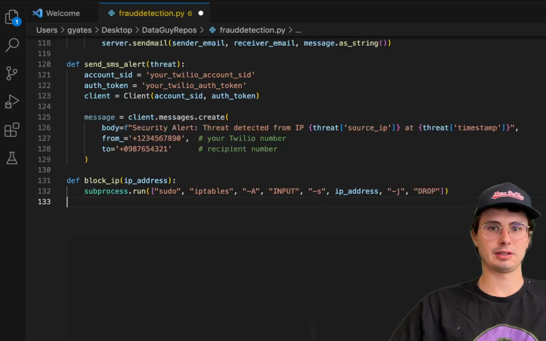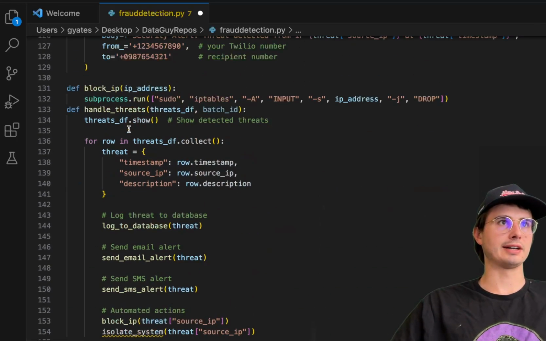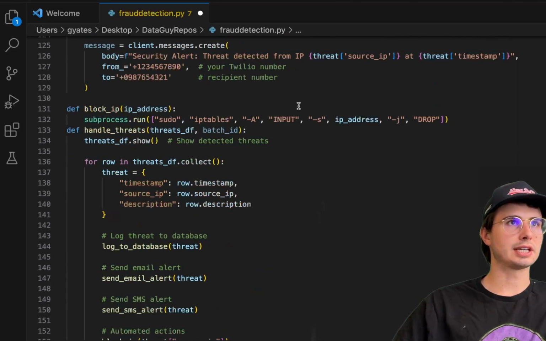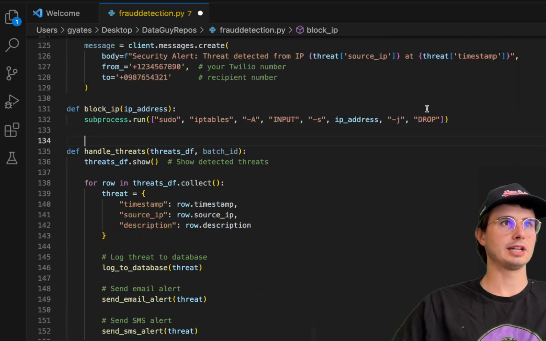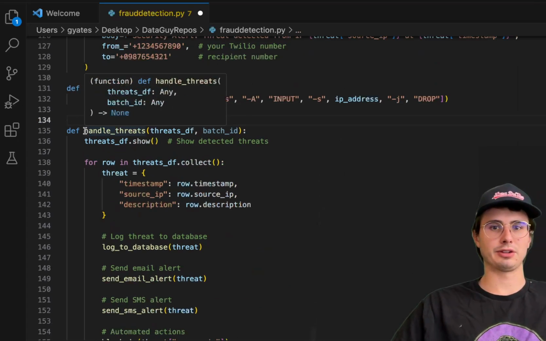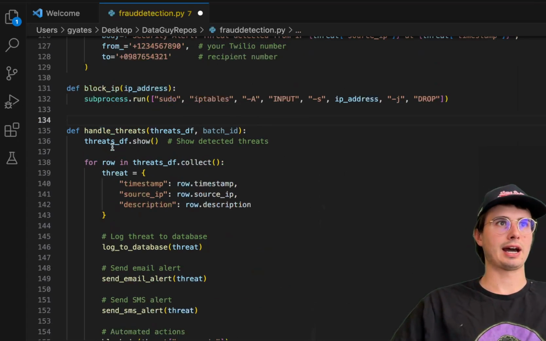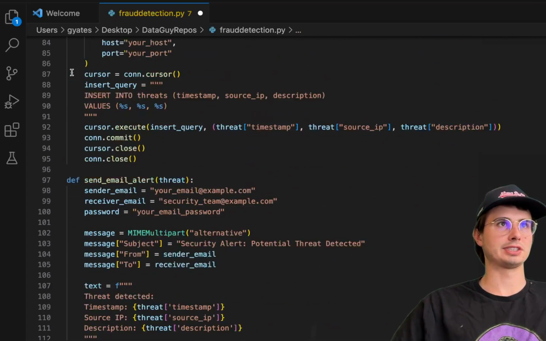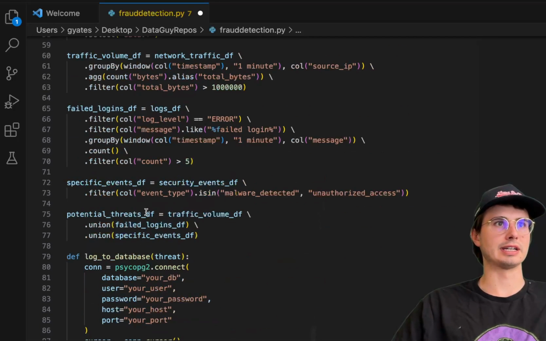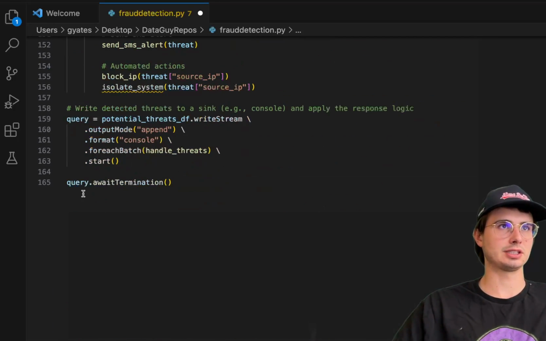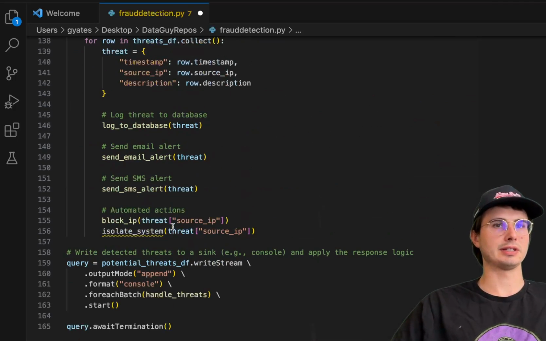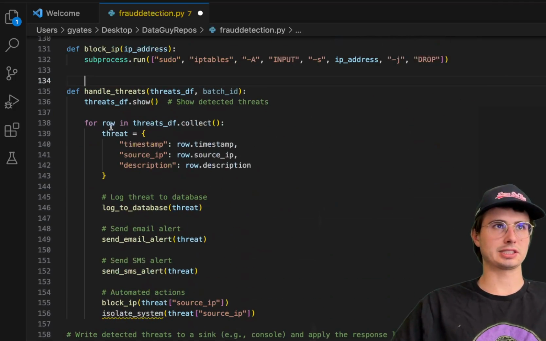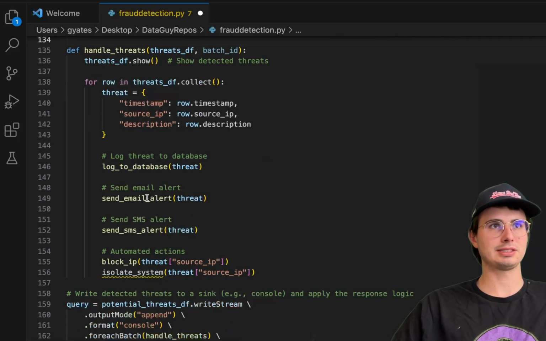And then to incorporate this all into our streaming logic, so what we'll do here is now bring it all together. And so here we have handle threats. So here our function handle threats is essentially what's going to take our threats data frame, so the threats that we detected and collated from all these different potential threats data frames. Okay, cool. So showing our detected threats,